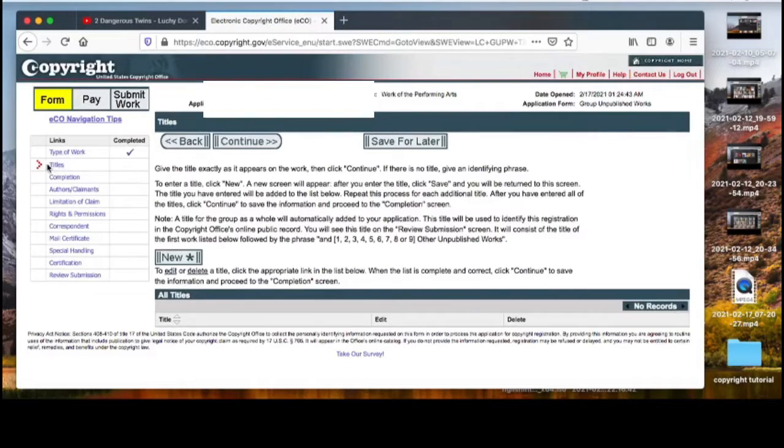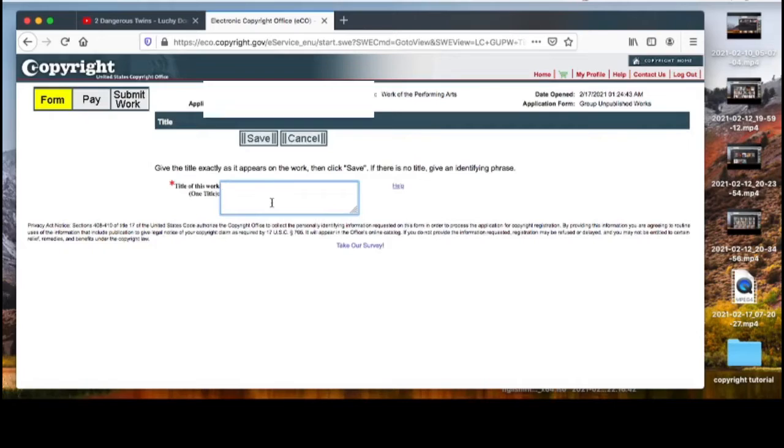We have come to this title. Now give a title. You can always read. To enter a title, click new. So you can always read to understand what you are doing. To edit or to delete a title, click the appropriate link in the list below. When the list is complete and correct, click continue to save. So for me, this title is going to be